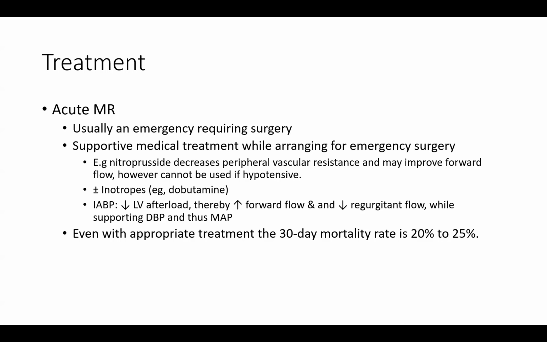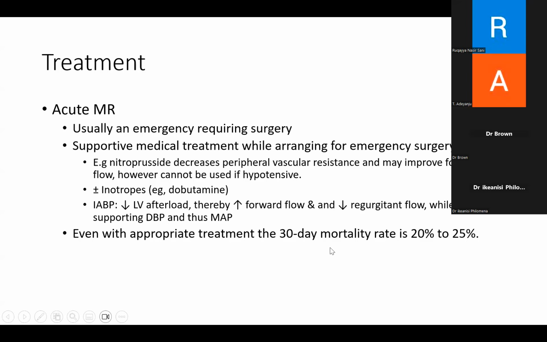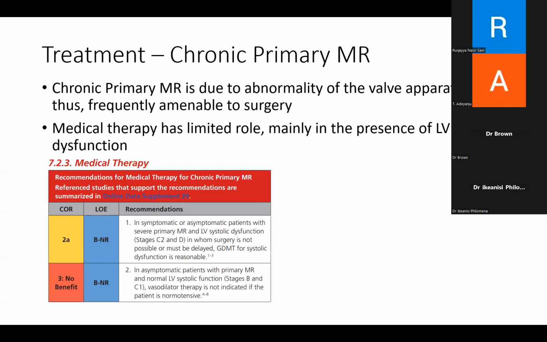We could use inotropes if there is need, like dobutamine, or we could use an intra-aortic balloon pump, which would decrease afterload and increase forward flow and increase the mean arterial pressure. But the mortality from acute MR is typically high, because even with the best treatment, 30-day mortality rate is 20 to 25%. Now, for the chronic forms, which is more of what we see,